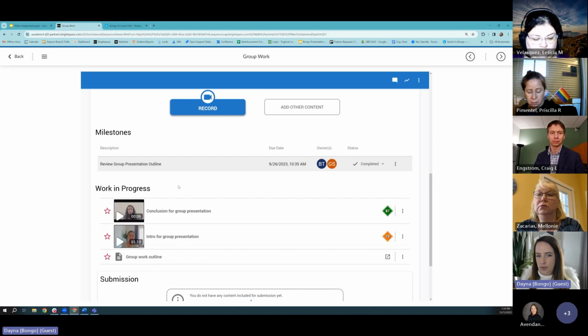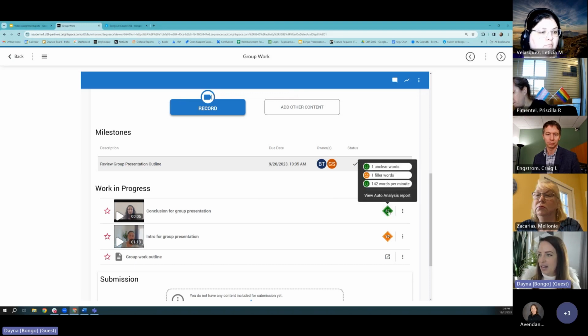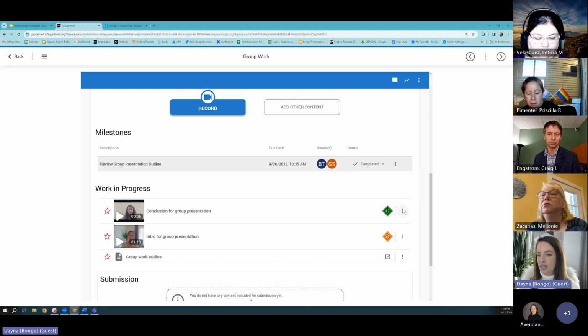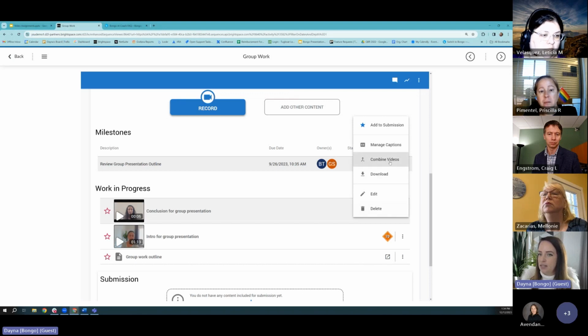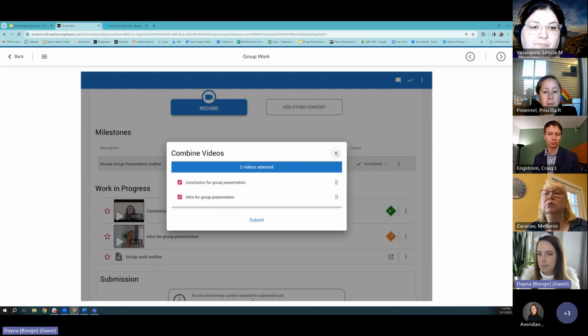Everything right now is in this group or work in progress area. In the new UI, you'll see these stars go away, and instead it'll be much like the individual, where it says prepare submission, and then you choose what you want to submit. But what's really great is, again, you have that AI coach for any videos that were recorded individually so that people can get that feedback when they need. And if they individually recorded any of their meetings or videos, they can come into this combined video, say they want to include both of these, and change the format however they'd like,